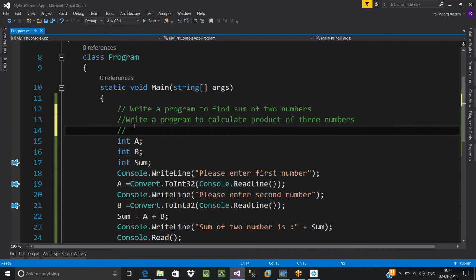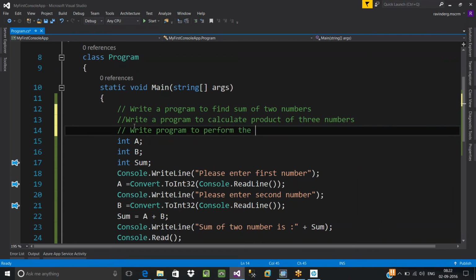Next, write a program to perform the following operation.